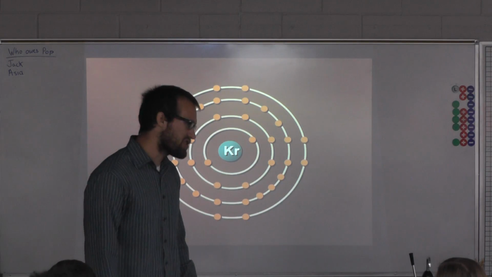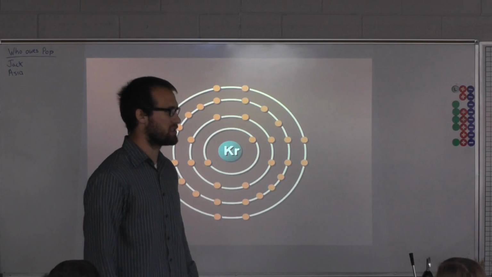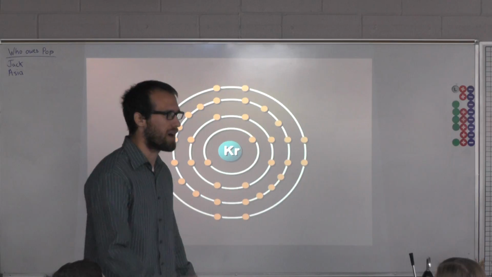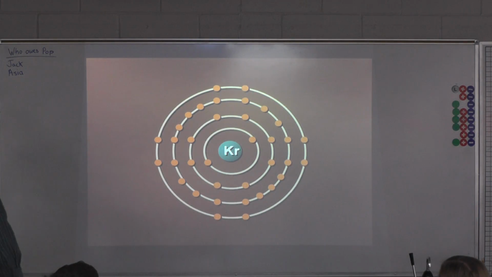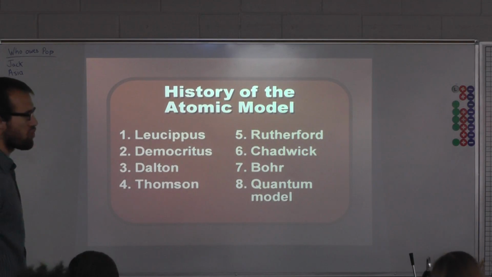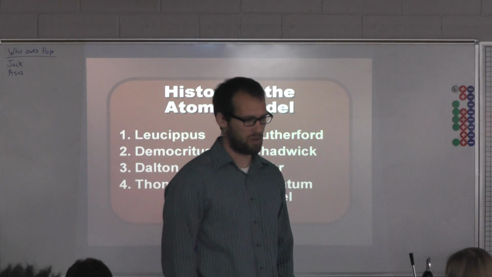Now, they don't actually orbit like that. It's a way more complicated process than simply orbiting like planets orbit the sun. Okay, and we'll find that out as we get to a higher level class. We'll introduce it today, but really, he did not come up with a correct model that perfectly described how electrons orbited.